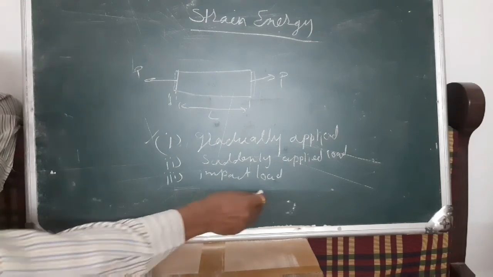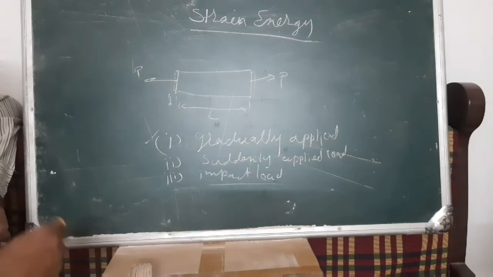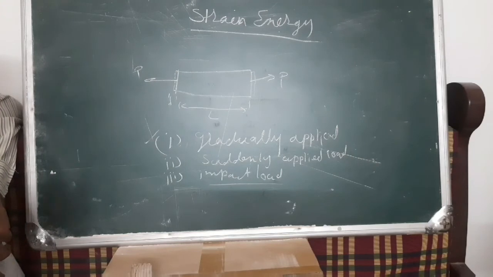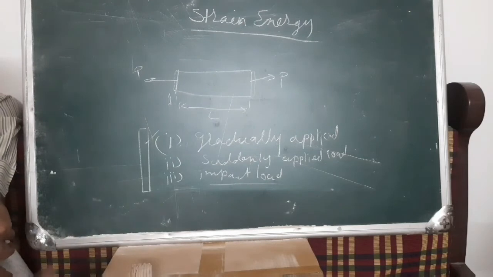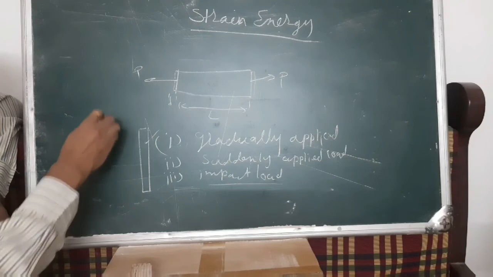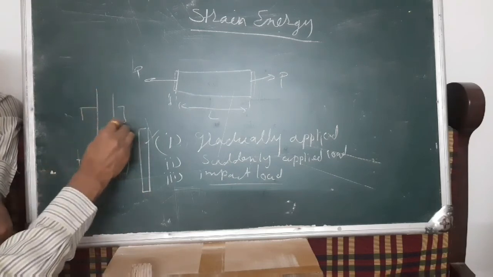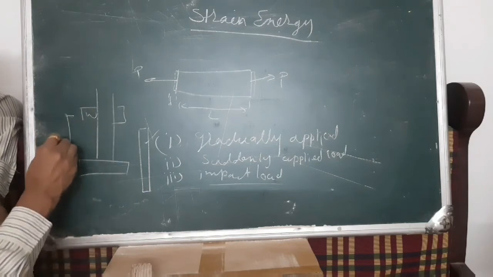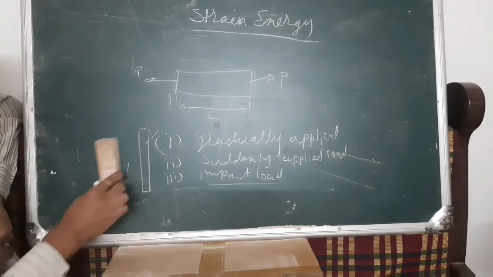The third is the impact load. What is the impact load, and what is its effect? We will see when we go for the derivation for finding the relation for the strain energy stored in the impact load. These are all practical cases. Impact load is when a weight falls from a particular height on an element. In that case, a collar, where a weight W falls from a height H, there will be impact, which is called the impact load, and we can find what the stress will be in the element.